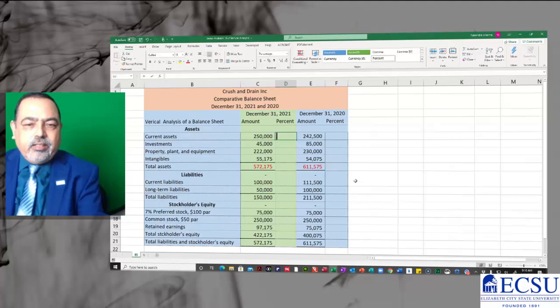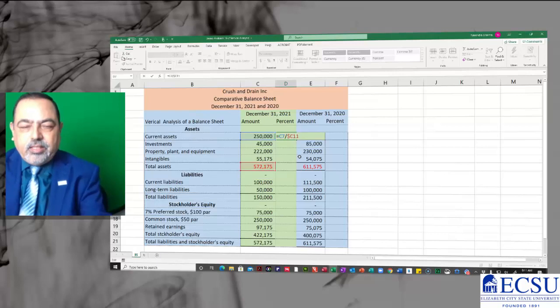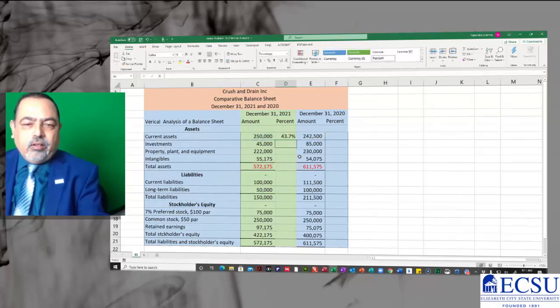You will do in Excel equal to 250,000 divided by 572,175. Now, since we are dividing by the same figure for all the line items, it is important that you make this an absolute reference. So that's why the C11 figure, which is column C and row 11, we'll have to mask as an absolute figure. There are two ways of doing it. One is manually: you put a dollar sign in front of C and in front of 11. So you get